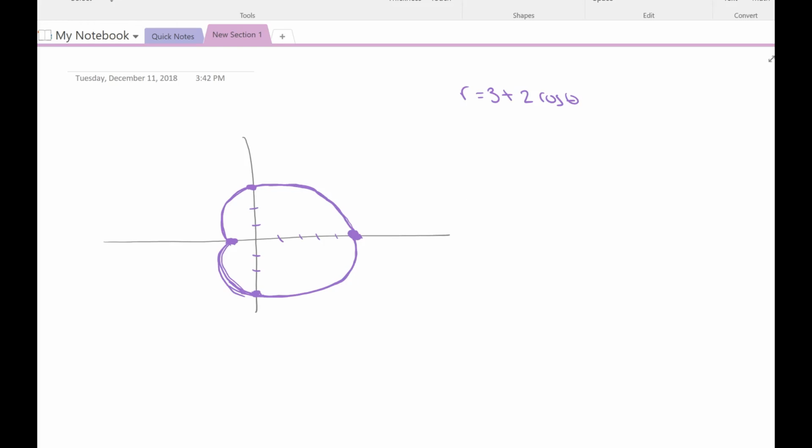Okay, hi everyone. This screencast is about finding the area bounded by a polar curve. All right, so the first thing I want you to do here is take a look at this dimpled limaçon,